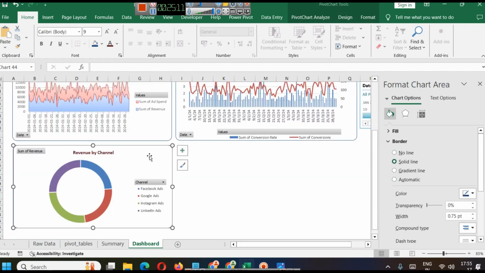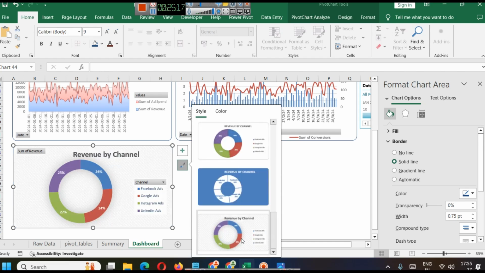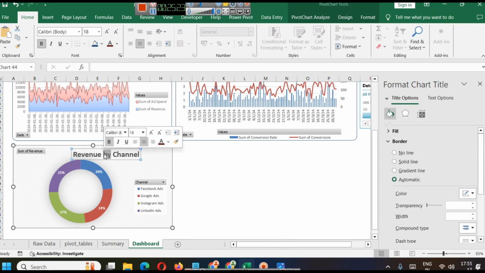Now this is our chart. You can see we have different types of options here, right? Like we can show revenue by channel like this as well, with percentage. In revenue by channel, we can also show something like